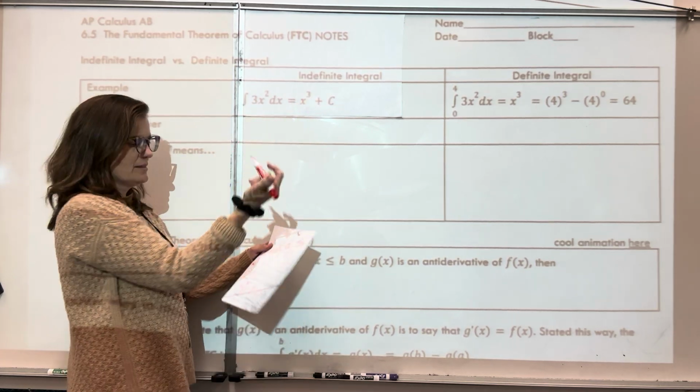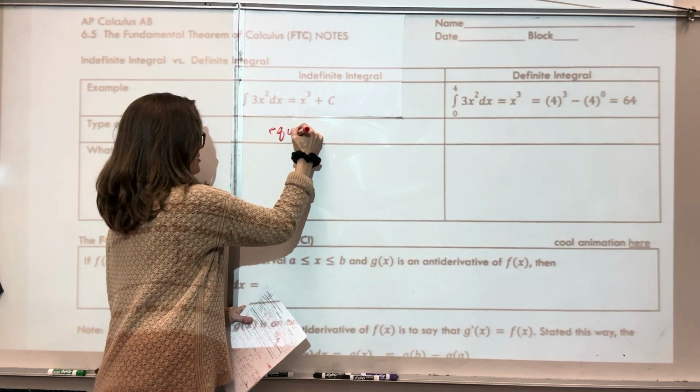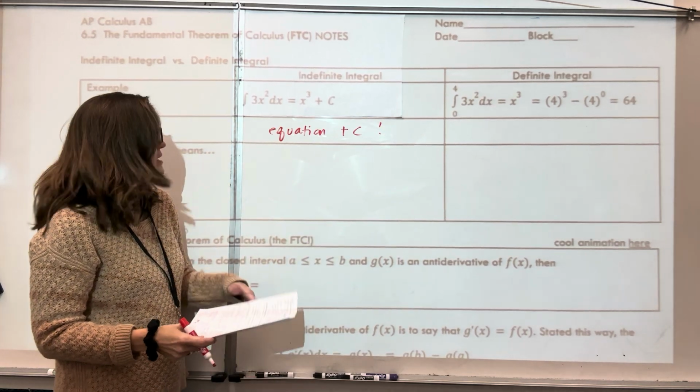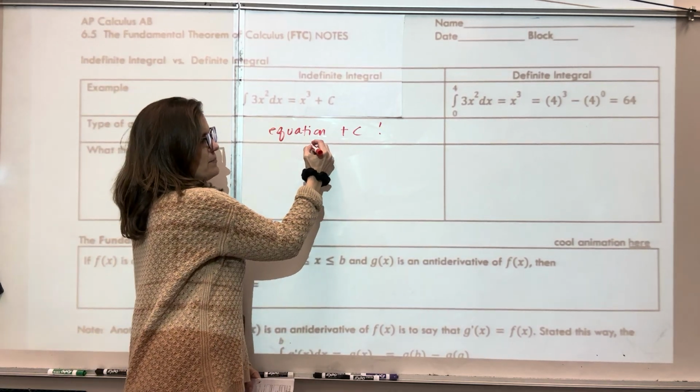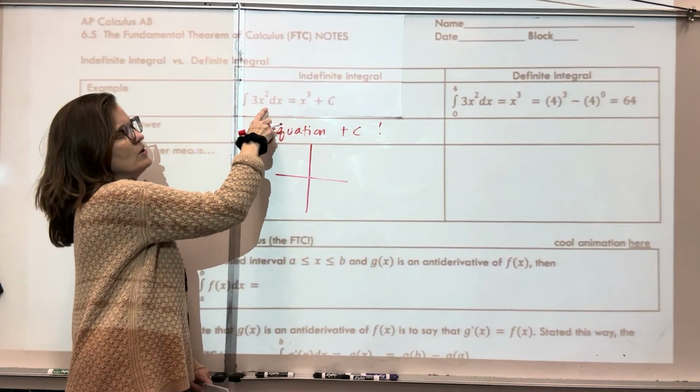So what did we get? We got an equation, and that equation also always contained a plus c. Don't forget the plus c. And what this is saying is that this is really a family of solutions. If our original function was